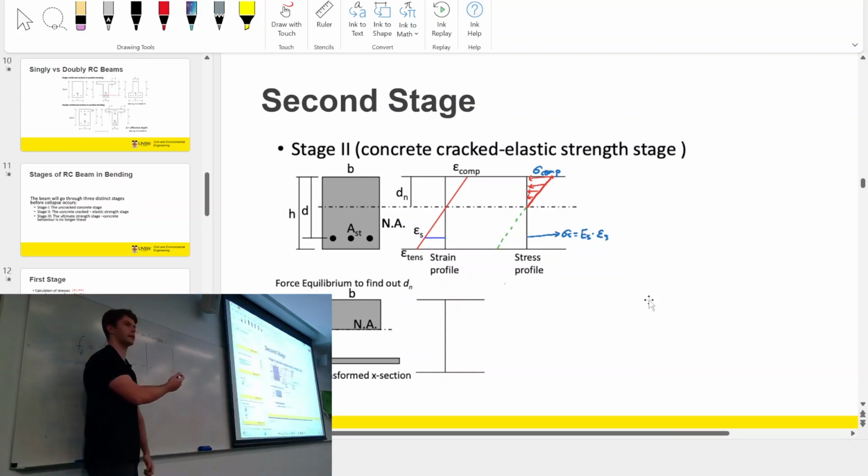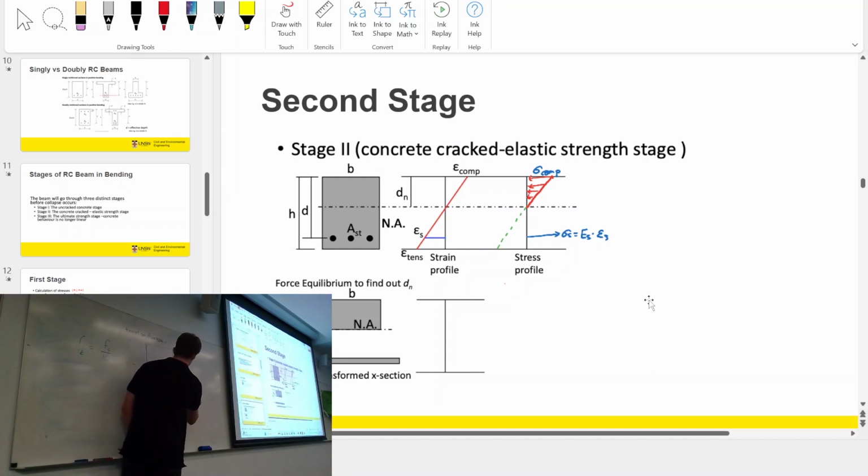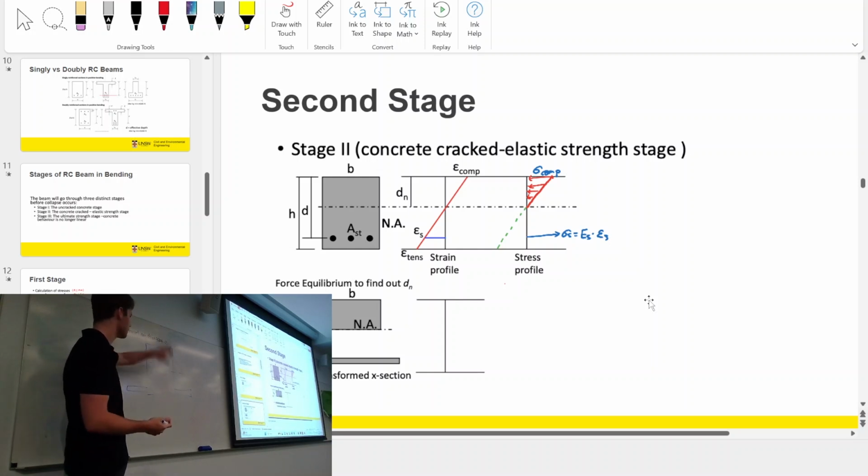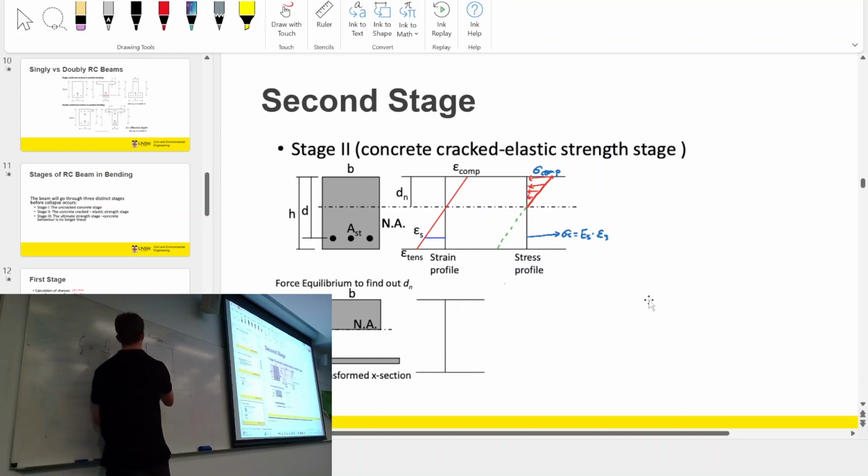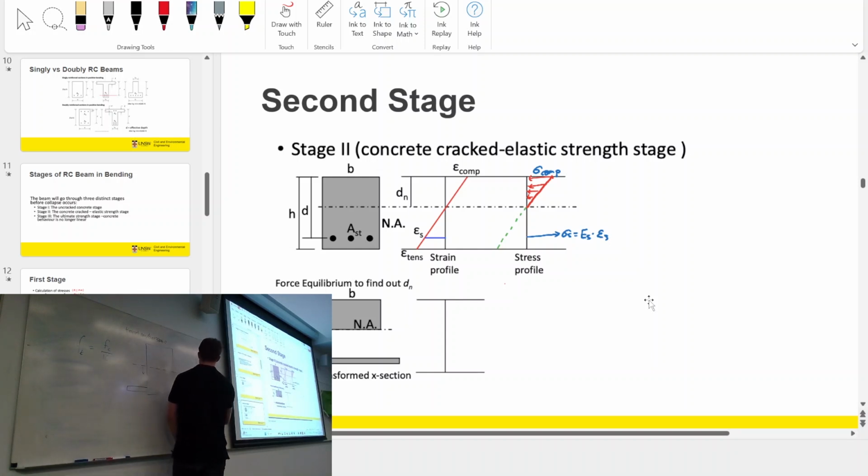You may as well look at the transformed section. The transformed section would look like this. So technically, it may as well be a whole section of concrete looking like this, and you've got more area down here. So your neutral axis will shift downwards. Now in the third stage,